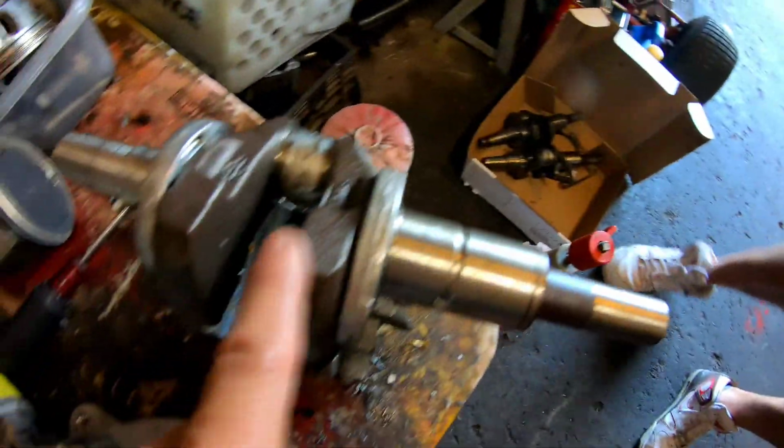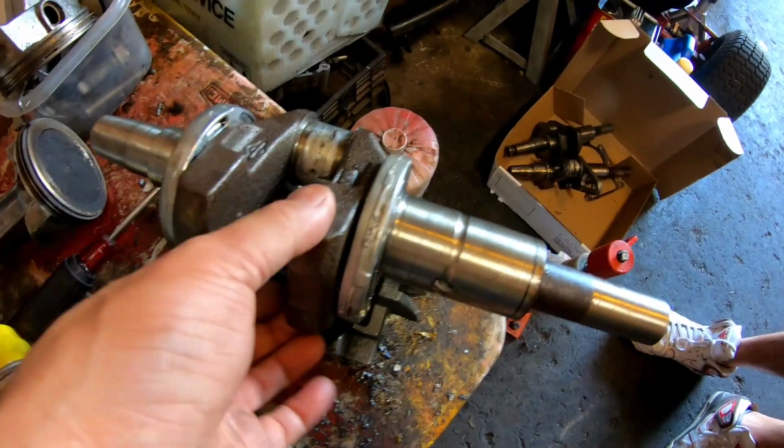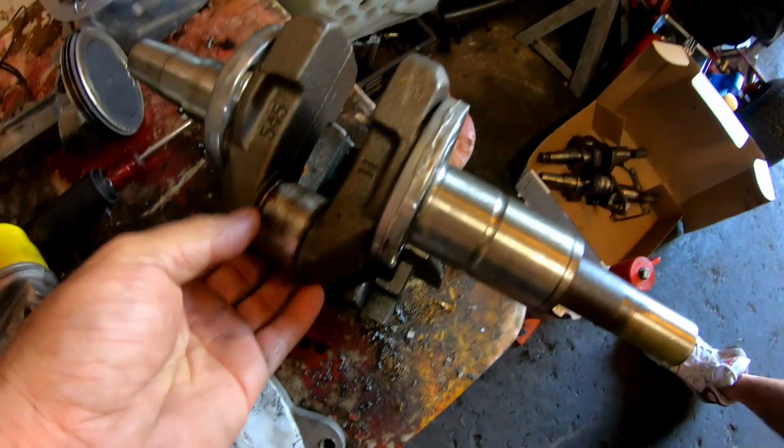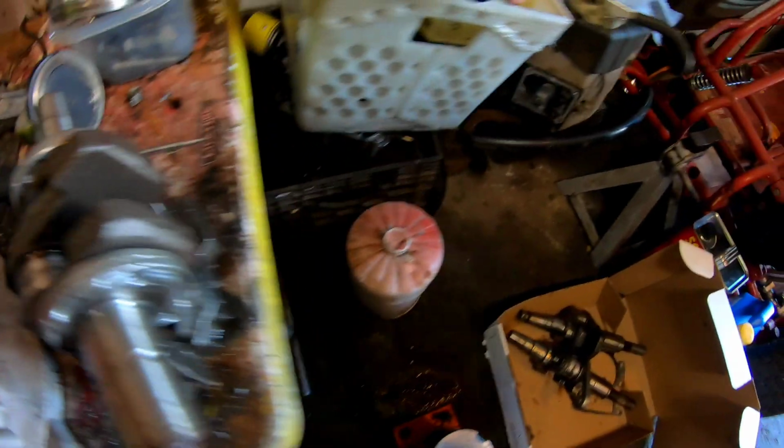That crankshaft had a little bit of a different weight here. It kind of popped out a little bit more than this one. So we have this one that's exactly the same one, 545/11. The other one has a better journal, right? But it has a different number on it. It says